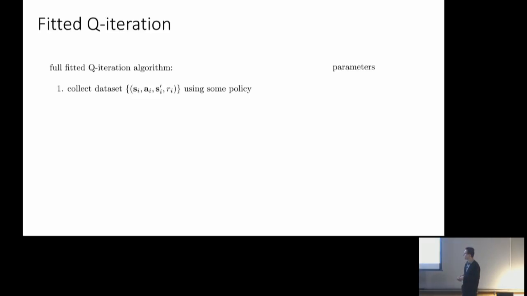And the neat thing about Q iteration algorithms is that they don't actually require the data to be collected by your latest policy. There are some formal conditions that the data needs to satisfy, like, for example, it has to have the same support as your policy. So if you want to learn how to drive your Jeep in the forest and you only see data driving the Jeep in the city, then obviously that's not going to teach you anything about the forest. So the data needs to have the same support, but you're not actually required to have data that is from the actual policy that you're learning.